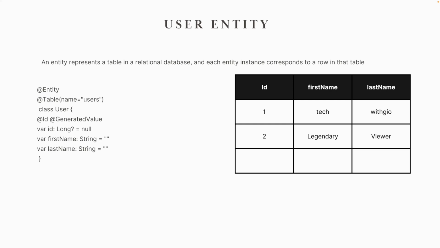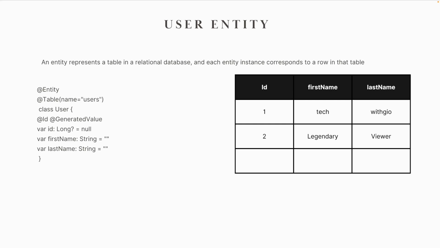For instance, the name of our table, right? So in this case, I want to change the name to users instead of user, right? Plural. Now going into the class, like I said, each property is a specific column in the table. So I have an ID, I have a first name, and I have a last name. And on the right, you can see the corresponding table that represents the properties that are defined in the entity itself. So the table has a column of ID, first name, and last name,